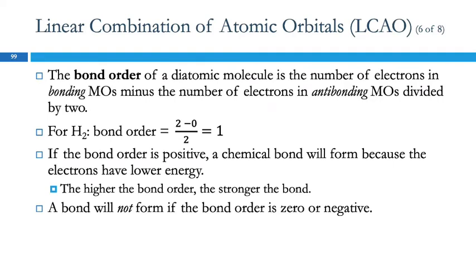Something called the bond order. This is for diatomic molecules, and we're only going to look at diatomic molecules. This is the number of electrons in the bonding orbitals minus the number of electrons in the antibonding orbitals, divided by 2. So if we look back at this picture here,